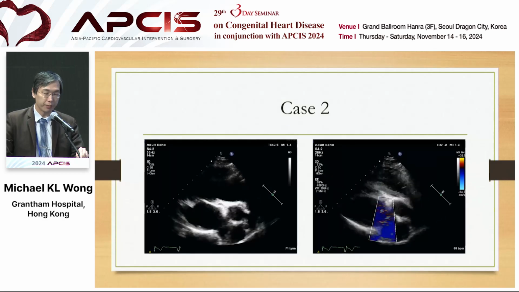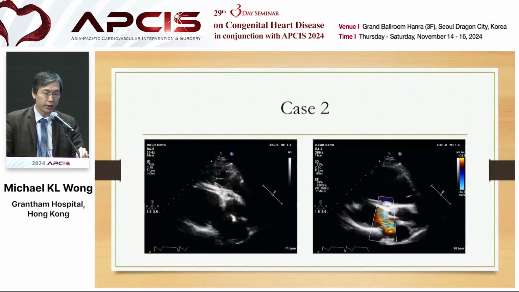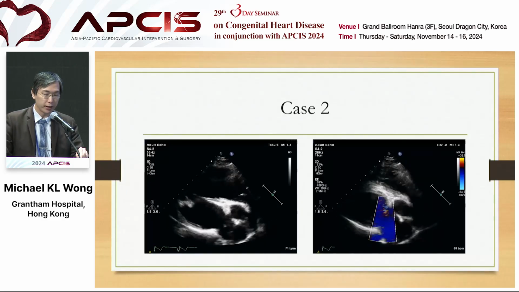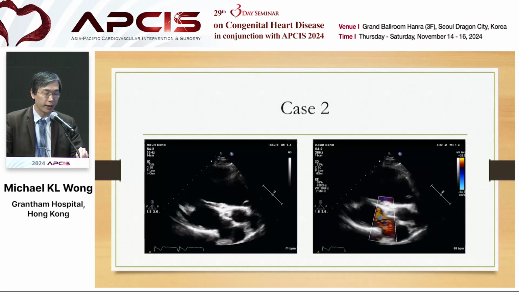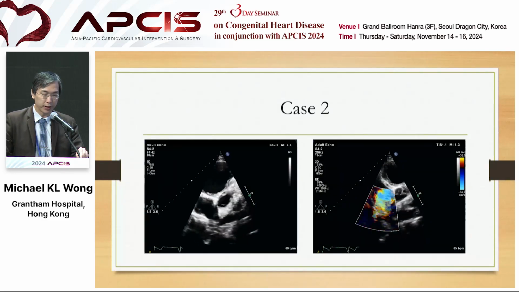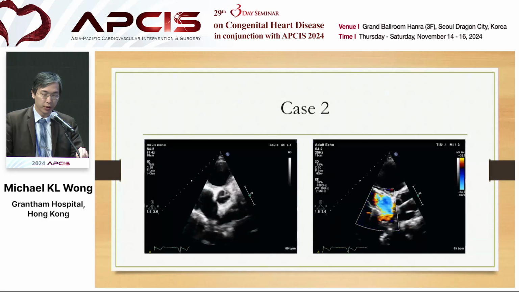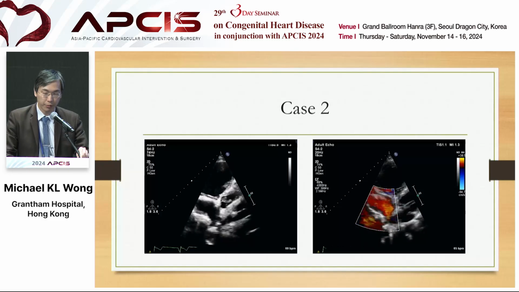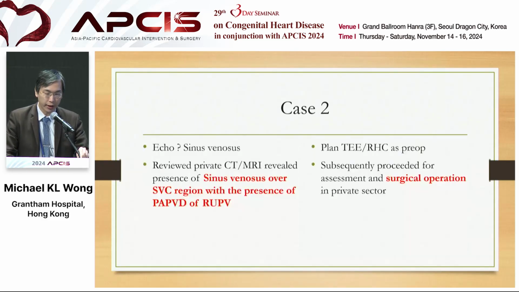We know that sometimes it's not easy, but during some off-axis tilting of the short axis view, we found there is actually a communication between the LA and RA. Also on the apical off-axis view, with some tilting, we can demonstrate the communication between the LA and RA, even on the transthoracic echo. Therefore, because of the transthoracic echo finding, we tried to look back at the initial CT and MRI reports from the private sector. Actually, we